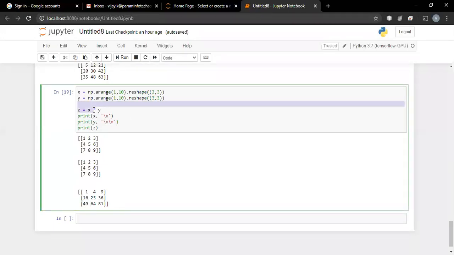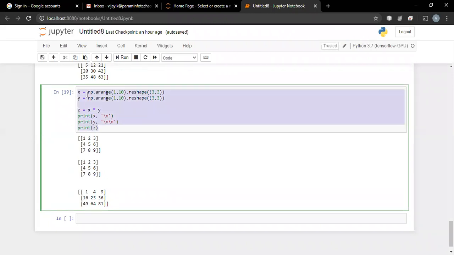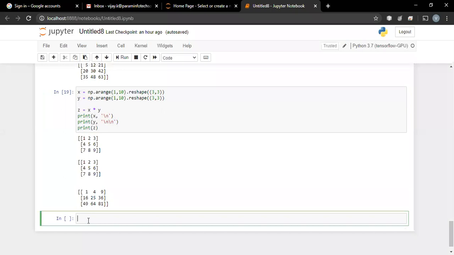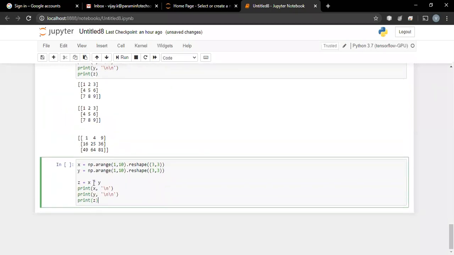So when you are going for star, this is not the matrix multiplication you are familiar with. This is an element by element multiplication of the two matrices. But if you want the matrix multiplication that you are familiar with, first row into first column, first row into second column, and so on, then instead of star, we can use the at the rate symbol.